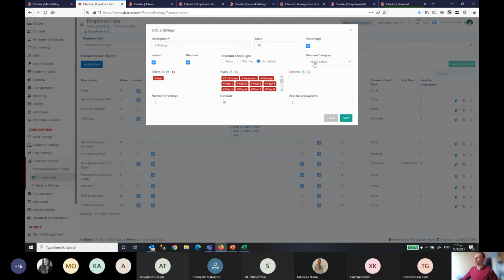This is a category where we can categorize discounts, and then we can put rules on a category level. Here we define if this discount is visible or usable for all types of services we charge. In this particular example, it's only for arrangements, financial agreements related to specific years. If I remove a year, and I have a student of that year, you cannot add this